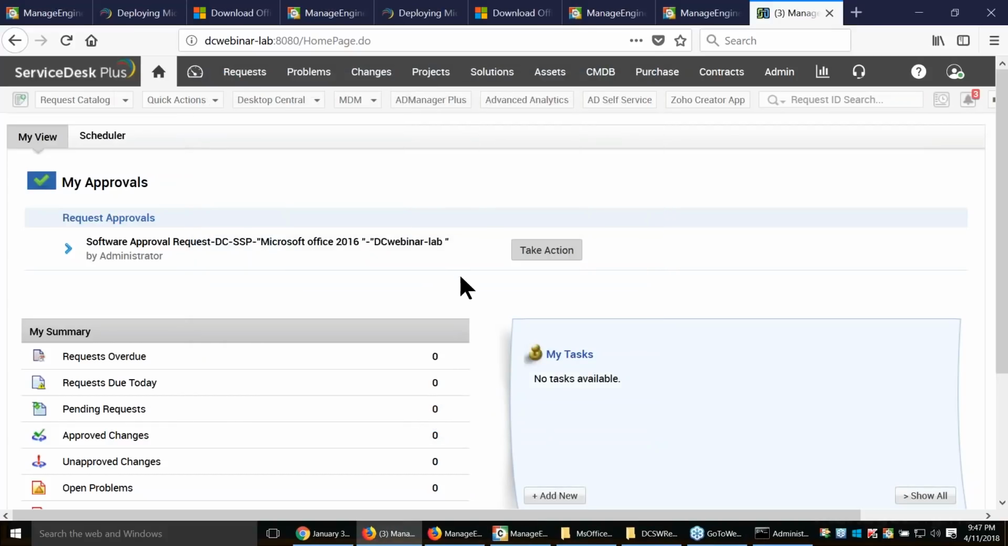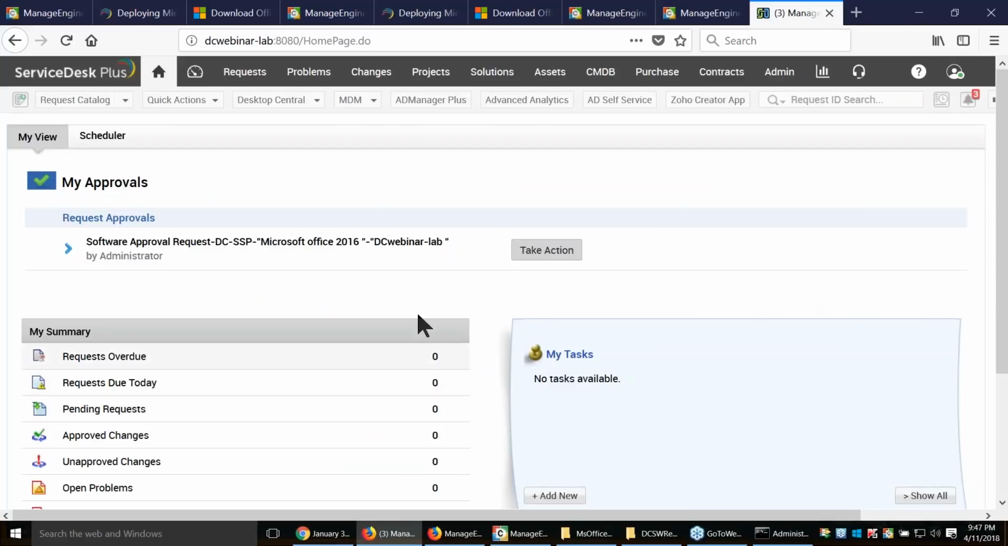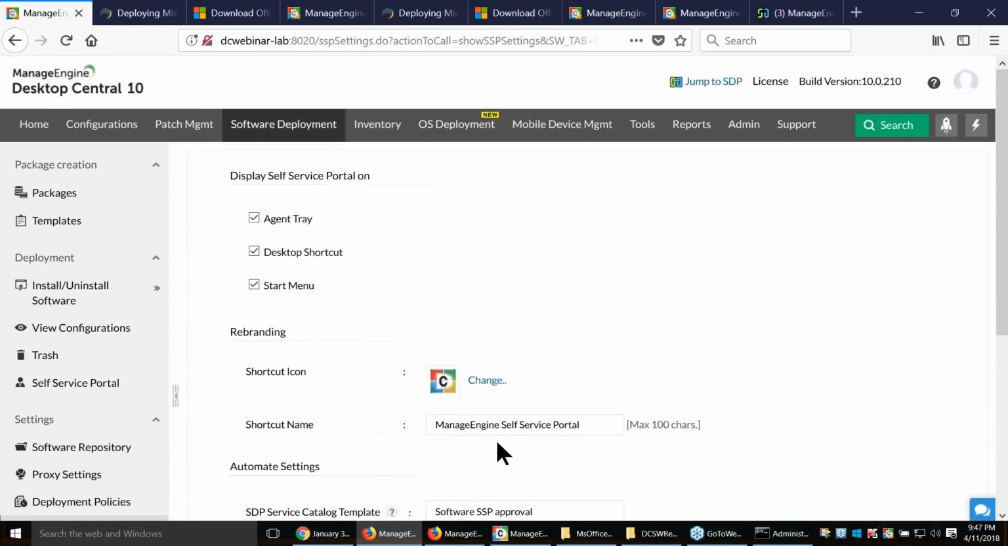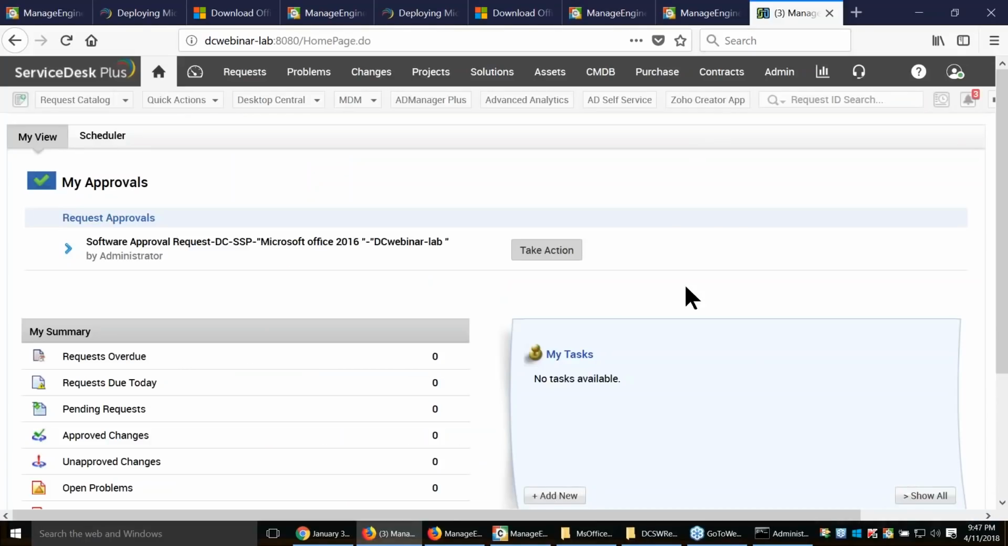Now I can define a service catalog as well, meaning which technician has to approve this, who is the approver. If I want to go through a specific channel of approval, I can do that as well. I can define them in the self-service portal settings here. On the left-hand side, I can say go through this service catalog or the STB service catalog template. The same catalog can be chosen on the admin,